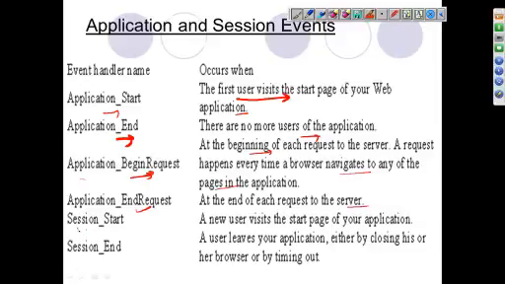Session start, when a new user visits the start page of the application. Session end, when a user leaves the application, either by closing the browser window or by timing out. There is a concept of timeout also, and you must have experienced it.